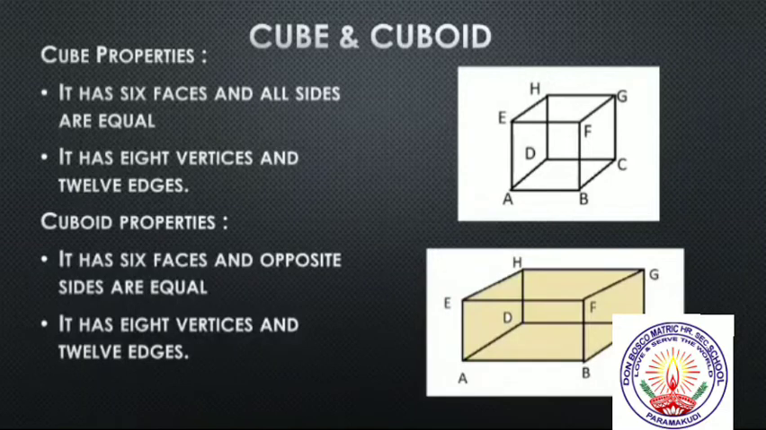Then edges means A to B is 1 edge, B to C is 1 edge, C to G is 1 edge, G to F is 1 edge, F to B is 1 edge. These 4 edges make one face. Like that, cube has 6 faces and all the sides are equal. Cube looks like a